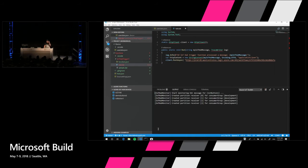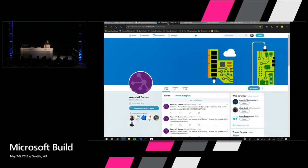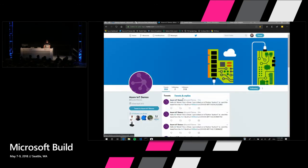Boom. So the device actually started finding the Wi-Fi. It will connect to the IoT Hub. It will send a message. The message will propagate through a function that will tweet something, right? So let's go. While it's doing that, the message is received by IoT Hub. The function has been triggered. The flow has been triggered. And now if I go back here, I should see a new tweet,